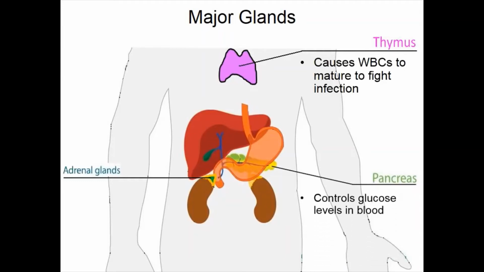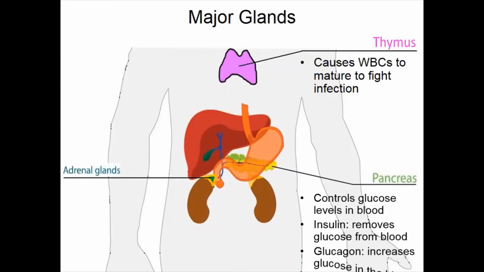So the next gland I want to mention is called the pancreas, and I hope you have a general idea that the pancreas helps to control the glucose levels, or the sugar levels, found in our blood. After meals, the amount of sugar in our blood rises, and so the pancreas will respond by releasing a hormone called insulin to bring the level of glucose back to a normal level. If there are ever times when our blood sugar is too low, then the pancreas will respond by releasing a hormone called glucagon, which will raise the sugar level back up to its normal level.